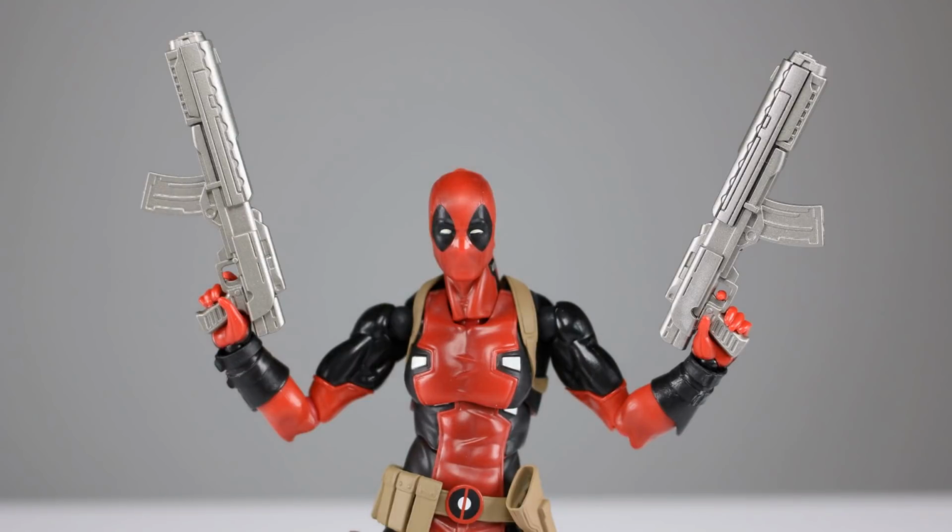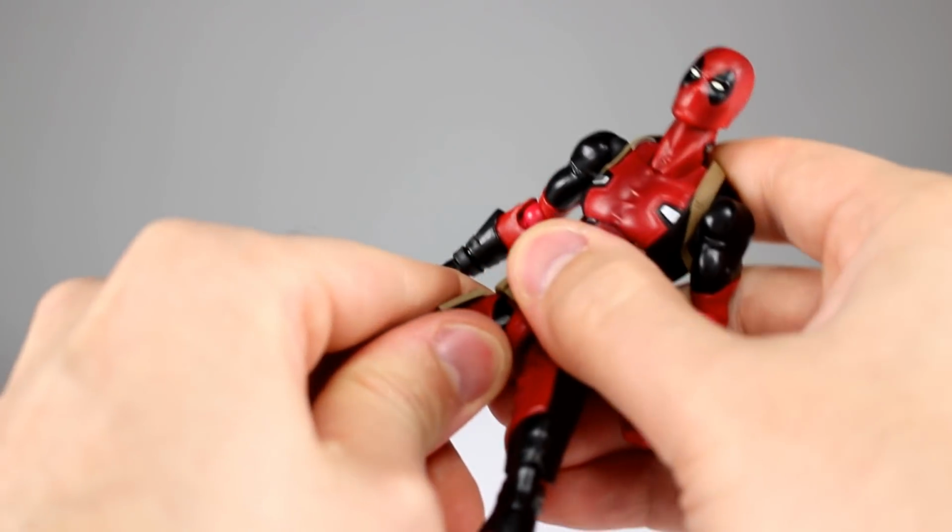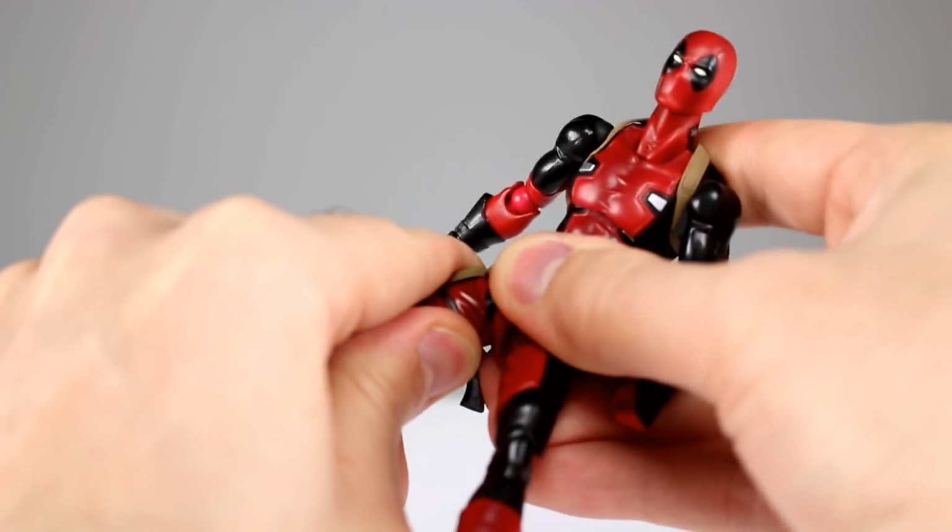We have these 2 rifle-y type, shotgun-y type futuristic weapons, which are sculpted really nicely, but again, no paintwork. It's just all one solid color. What the heck? And then we have some alternate legs and a crotch piece. So that's part of the DX version as well. There are other things too, but you can check that. But like I said, this is the DX version. So you can swap out the crotch piece. Let's go ahead and pop off the legs individually. I was hoping they would come off at the same time, but